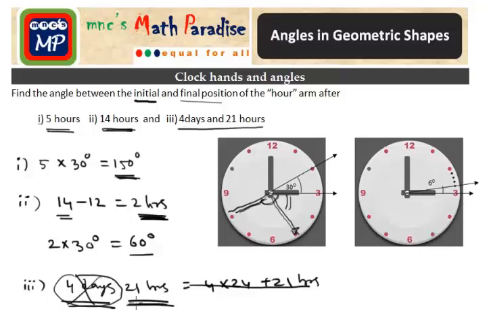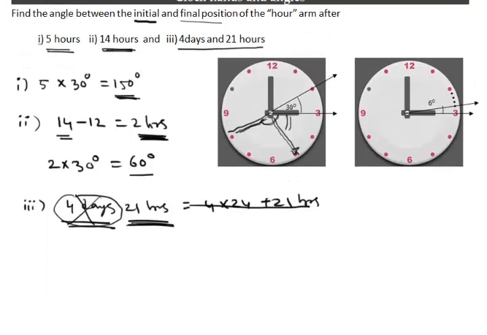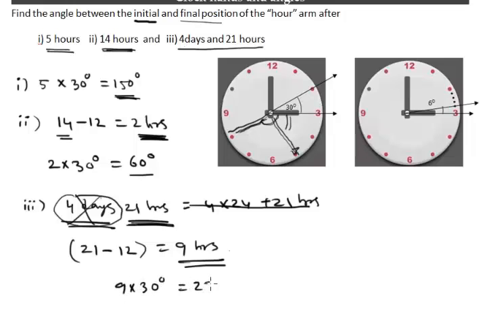We just need to concentrate on the hours part. Now 21 hours. After 12 hours, the hour clock will come back again to the same position. So we need 21 minus 12, that is 9 hours. We just need to calculate the angle for 9 hours. In each hour the hour clock covers 30 degrees, so the angle will be 9 times 30, that means 270 degrees. So the angle between the initial and final position of the hour clock after 4 days and 21 hours will be